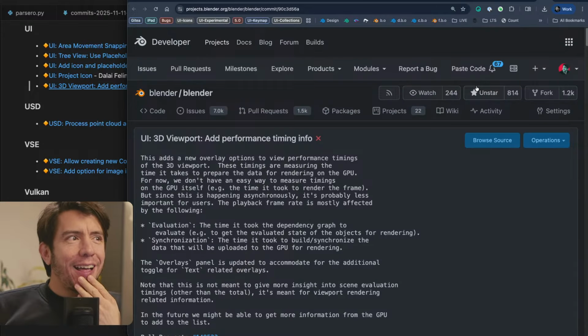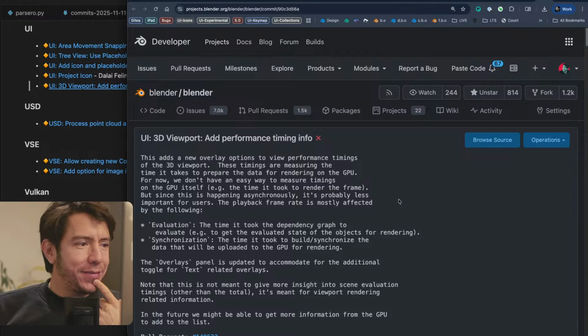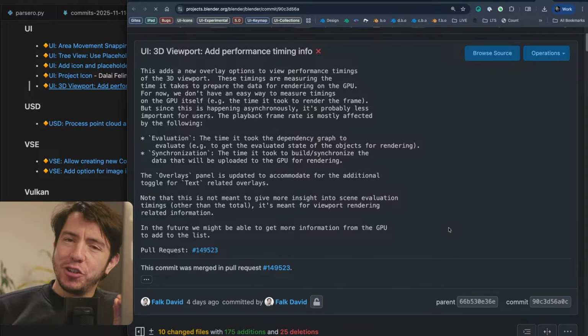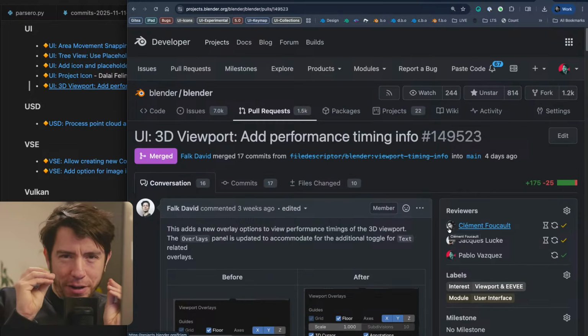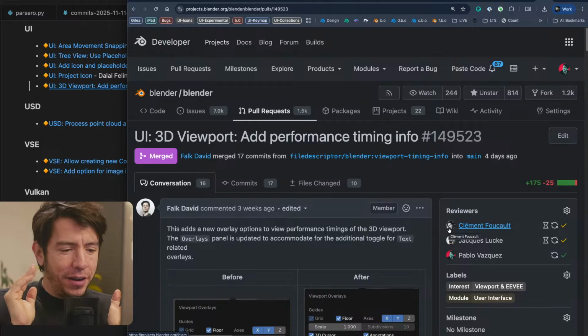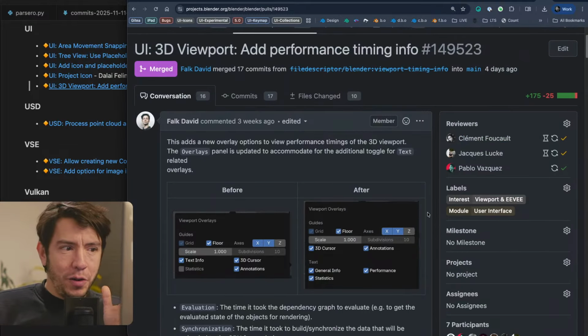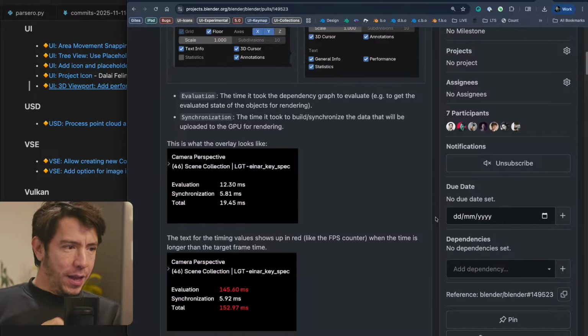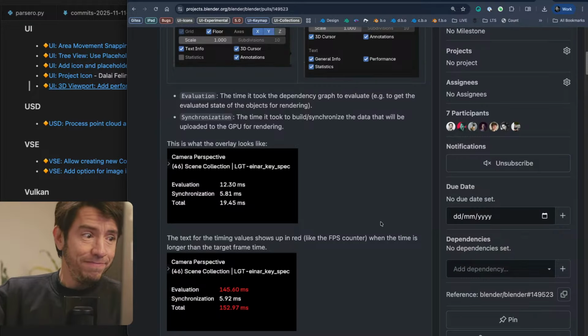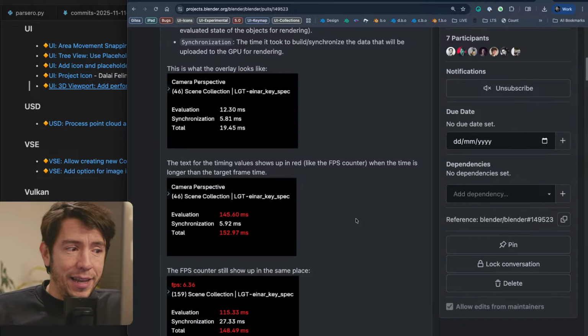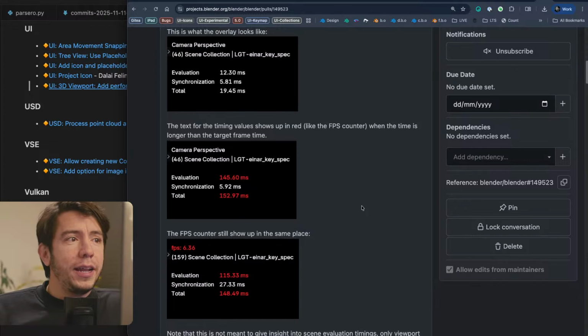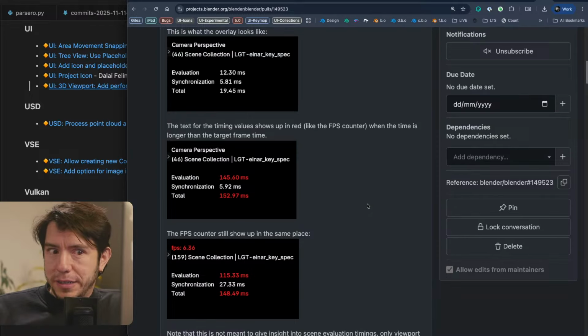This one's fun. So how many of you are really paying attention to how slow your scene is? If you are, especially if you're a TD, if you care about how many modifiers you add, how slow it is to calculate things, well, Blender will now tell you with a new overlay setting in the viewport that is called performance.